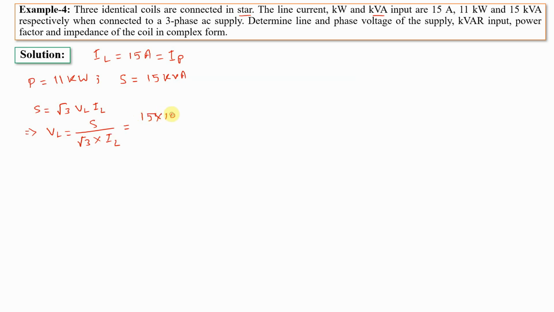So 15 into 1000, and the line current is given as 15 amperes. It is 15. So the value of VL we will get as 577.35 volts,